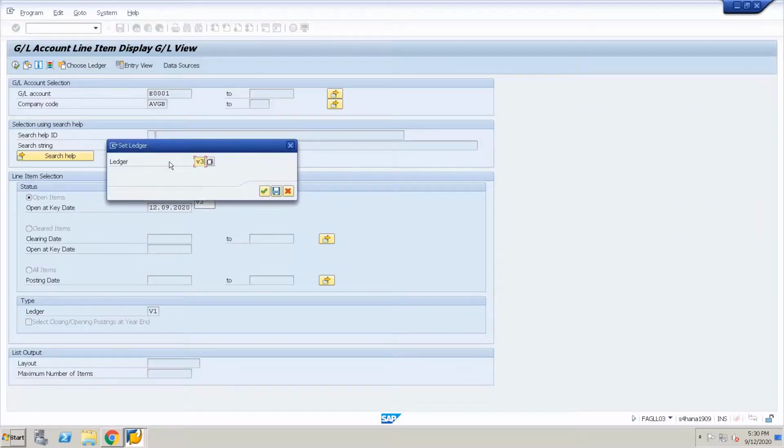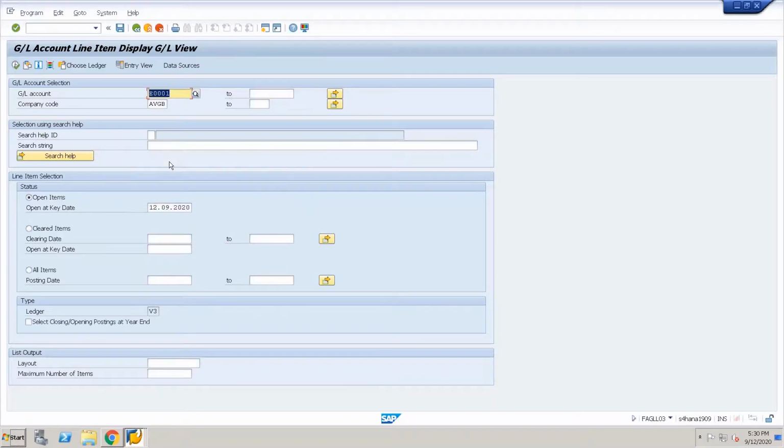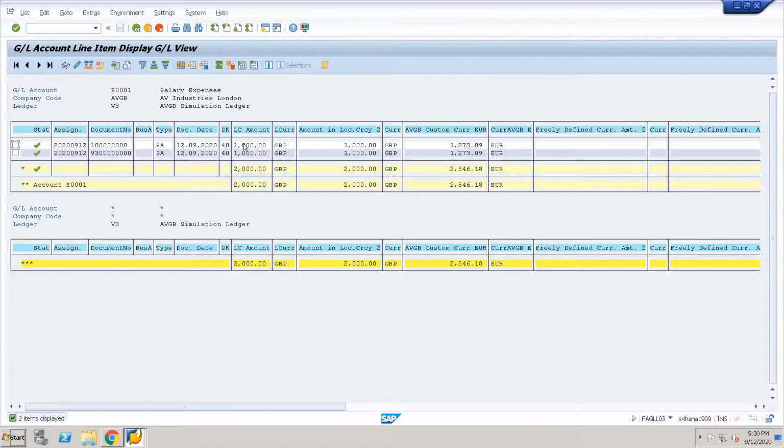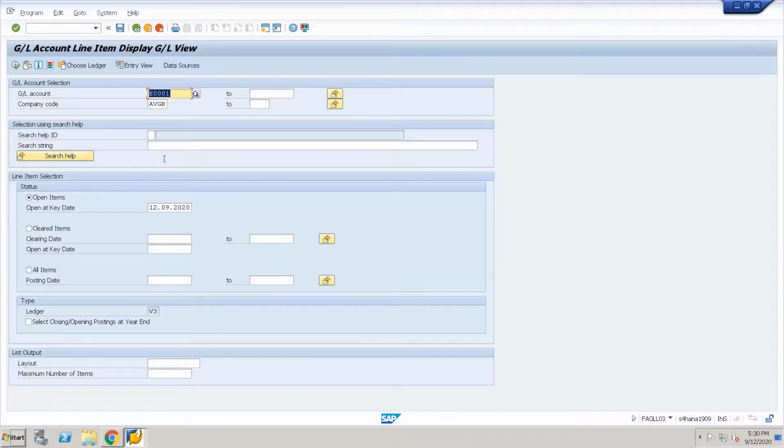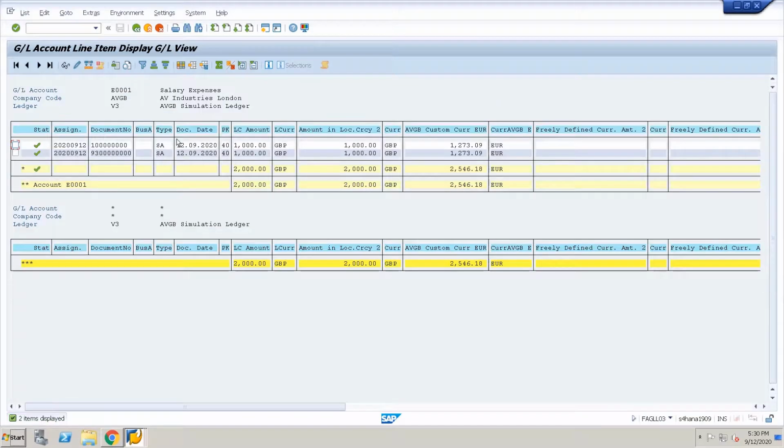And if we see other ledgers like V3, we find only two, one posted for all the ledgers, and the other one to the underlying ledger which is the non-leading ledger. As this is posted to the underlying ledger, we are able to see it in the ledger specific entry also. But no database entry is occupied for either of these two because these two entries are not posted explicitly onto the ledger V3.